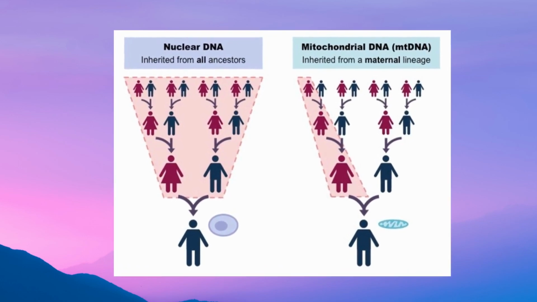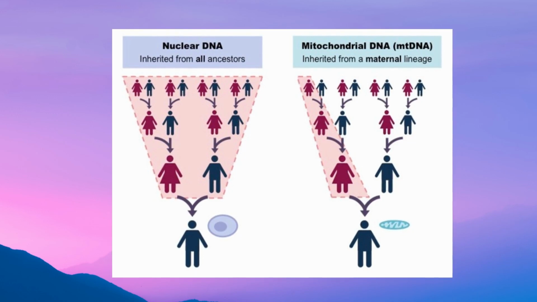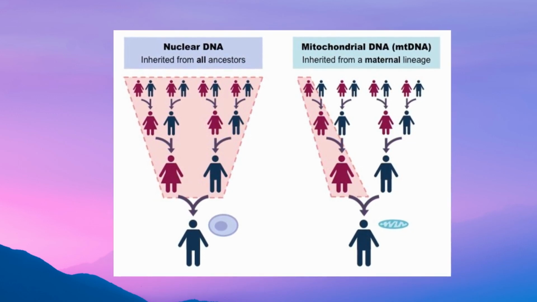However, mitochondrial DNA analysis does not have the ability to distinguish between siblings. Mitochondria consists of DNA from the maternal lineage and is inherited from mother to her offspring. Therefore, siblings born to the same mother are indistinguishable.